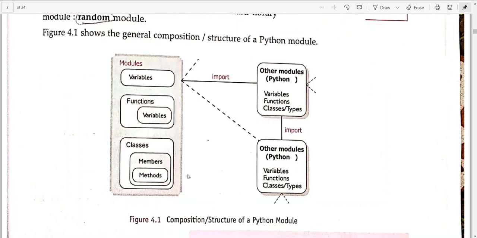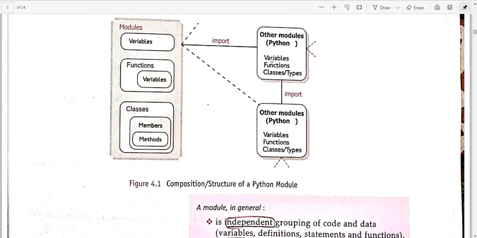In a Python module, you can use any other module inside it. In this module you have variables, functions further can have variables, and classes can have members, and the methods are just similar to your functions. Members are just like your data variables.